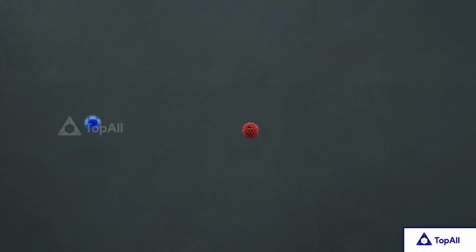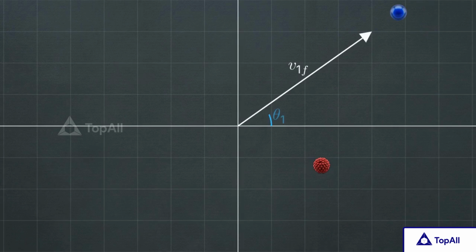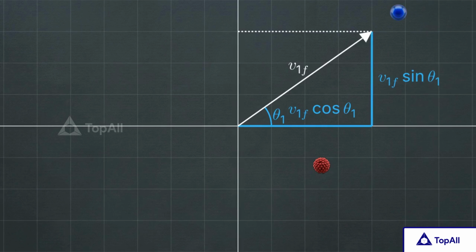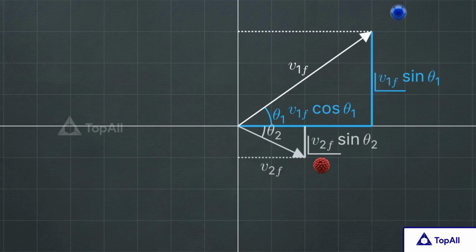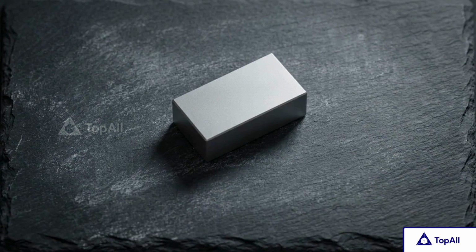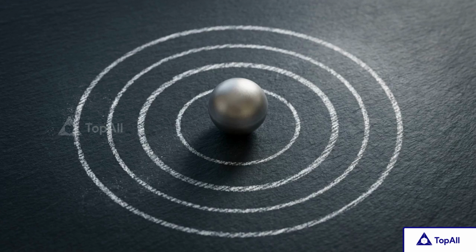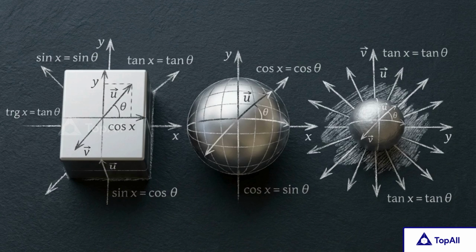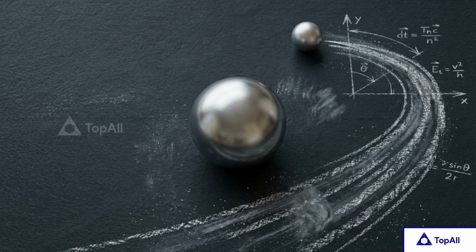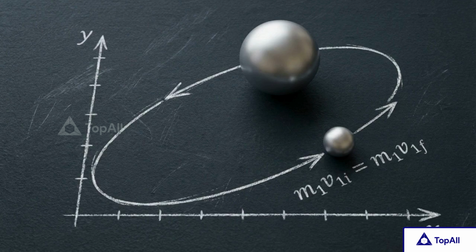We can prove the universality of the math by applying the exact same two-dimensional vector resolution to this invisible force field interaction. The alpha particle's scattering angle and momentum shift obey the identical sine and cosine equations we derived for the billiard balls. A wooden block, a billiard ball, and a quantum particle all bow to the exact same mathematical framework. From the orbital paths of comets to the interactions of subatomic particles, the conservation of momentum provides a consistent mathematical framework for predicting physical outcomes across every scale of magnitude.